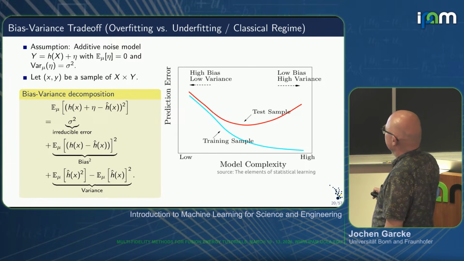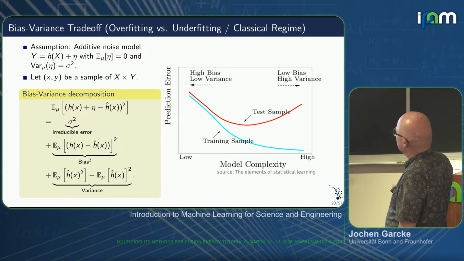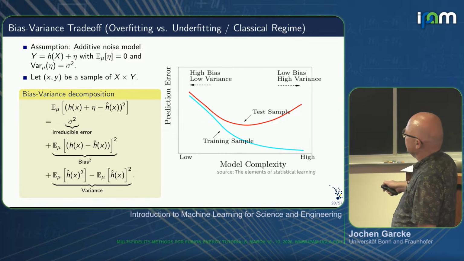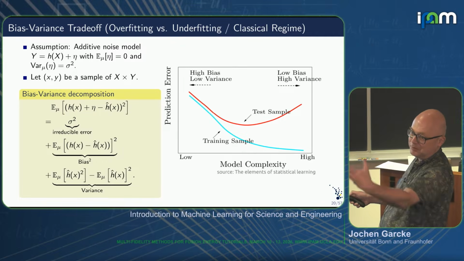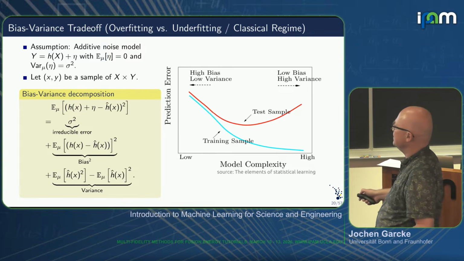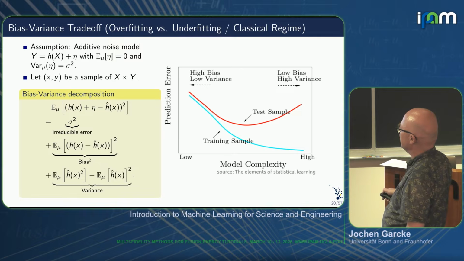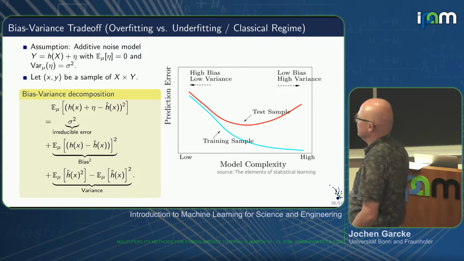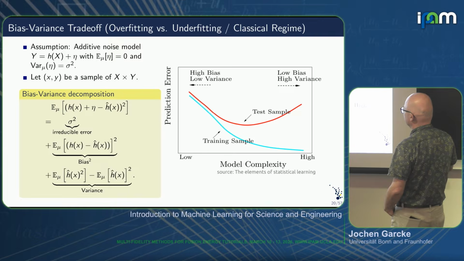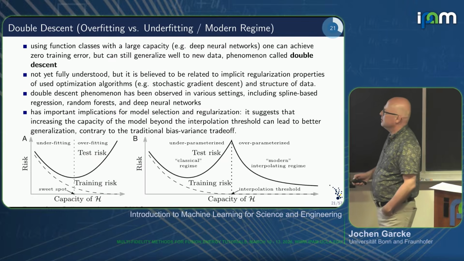And classically one observes that if I increase the model capacity, the error goes down, but at some point the error on the test data goes up. In the beginning, with small models, like a constant prediction, I have a large error on my training data and my test data. If I increase to linear or quadratic polynomials, I'm getting better, and at some point I'm getting worse. Of course, one never knows where that is, and one has to worry about how to find it. So this is the classical view.